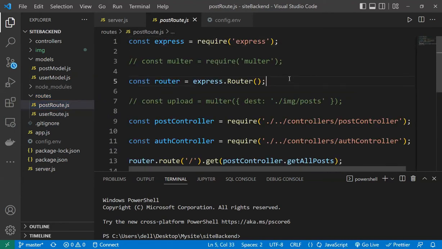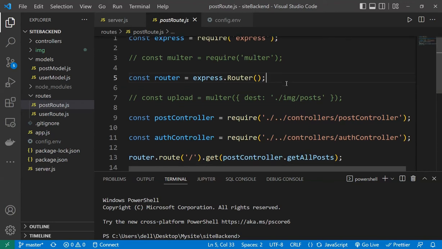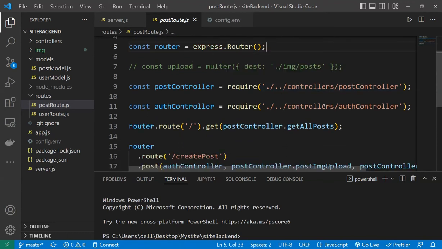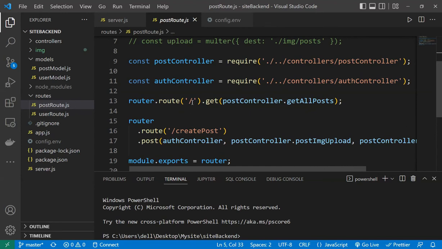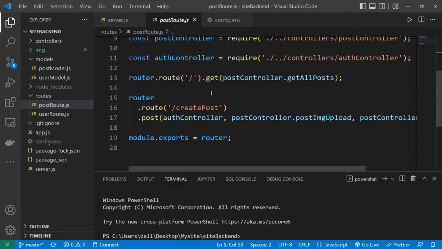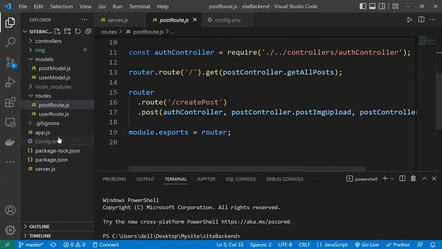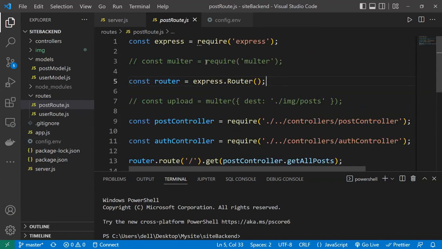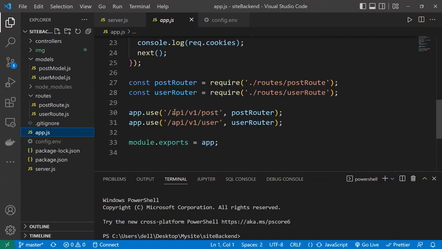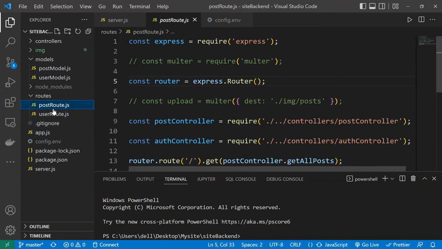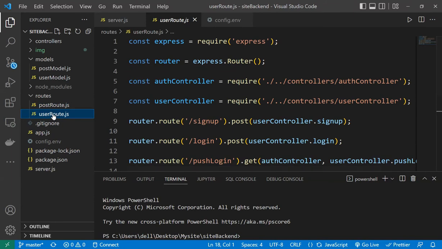I have used the previously shown routers and just fixed this slash as the original path and /create post where we have used the router. Here we have exported from this file and have been imported to app.js and given the default route. We have given the router from the respective file, and the process goes the same for both of these route